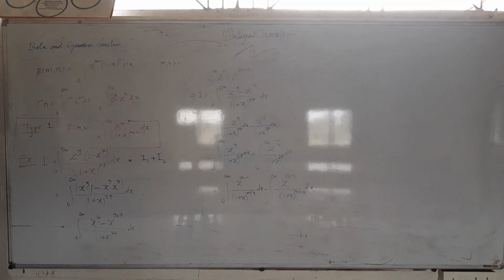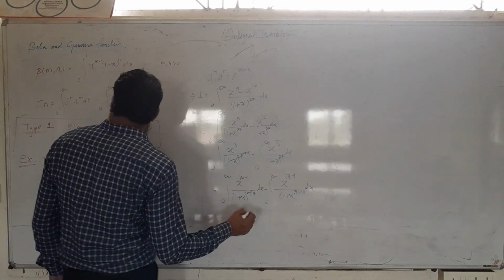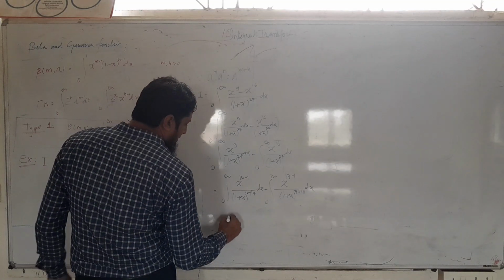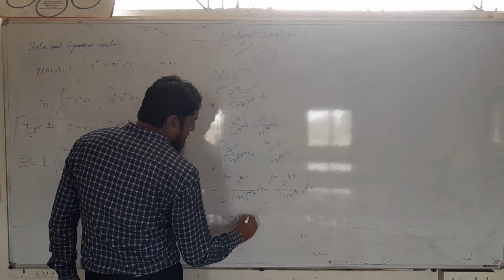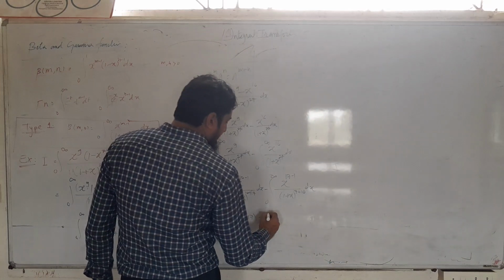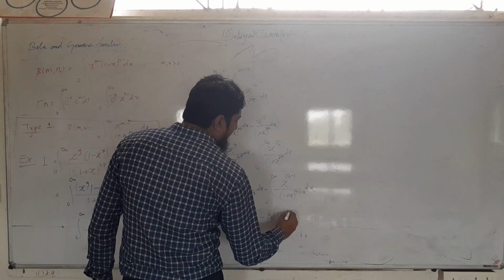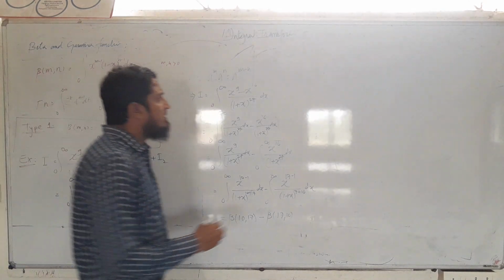So we can write this integral in the beta m, n form. So we can write this as beta of 10 comma 17 minus, as it is, beta of 17 comma 10. And since we know that beta is symmetric,